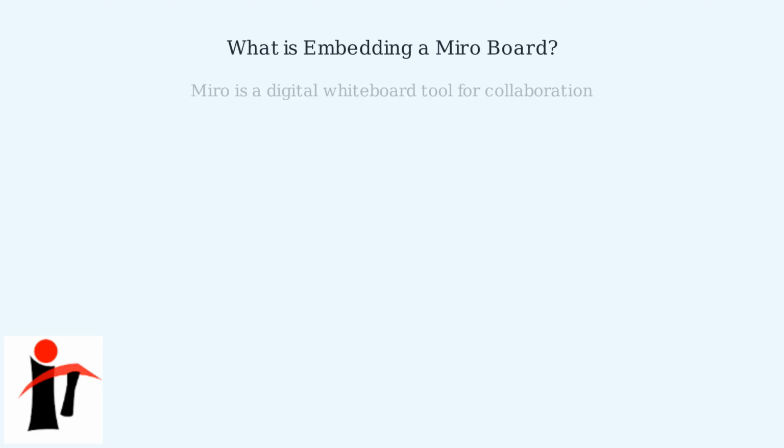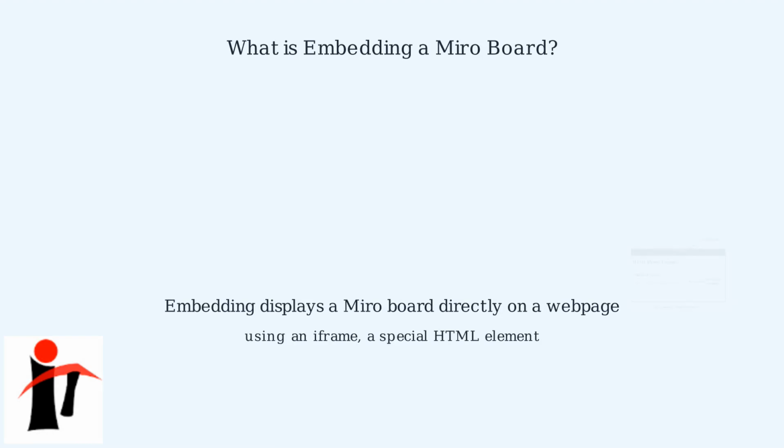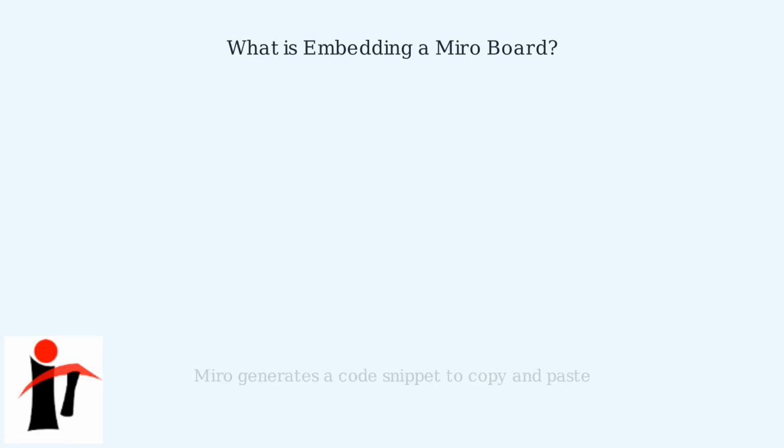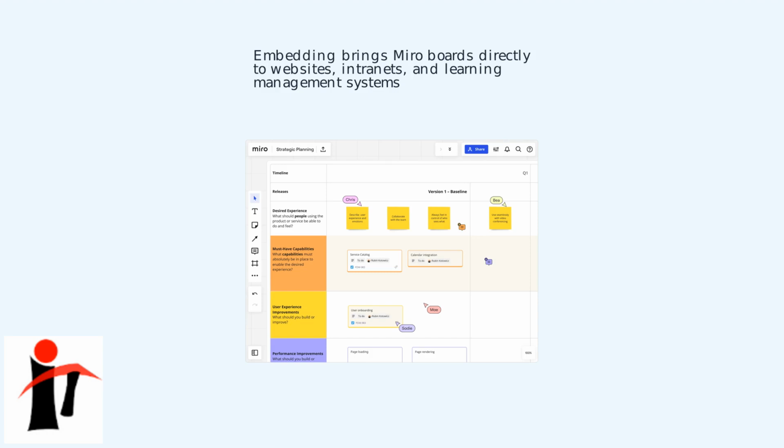Embedding a Miro board means displaying it directly on a web page or another HTML-based platform using an iFrame. Miro, a digital whiteboard tool owned by Realtime Board and now part of Scale AI, generates a special code snippet that you can copy and paste into your website's HTML, allowing viewers to interact with the board without leaving your site. Embedding Miro boards enhances collaboration by bringing visual workspaces directly to where people already work, such as websites, intranets,